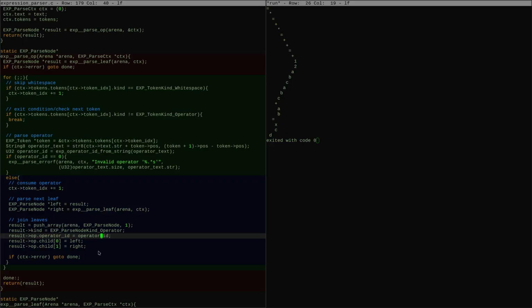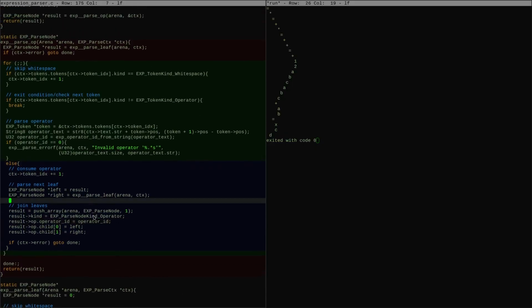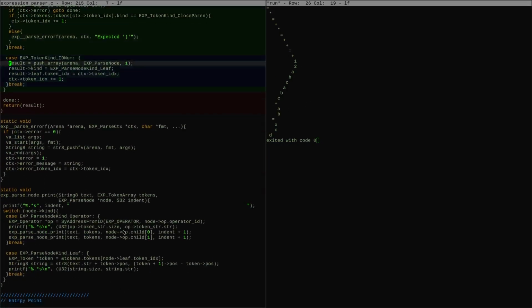Each time we get an operator, we just stick it into the chain. What's essentially going to have to change is that when we go to figure out, well, first of all, one tool we have is that we can recursively call to parse op ourselves, so that if, for instance,